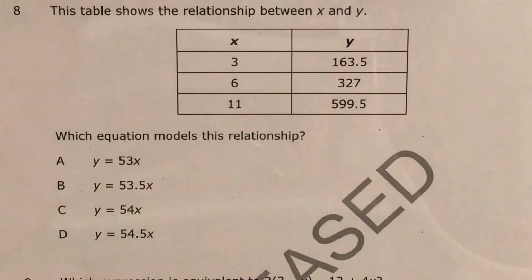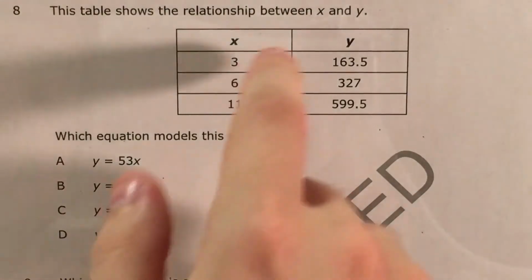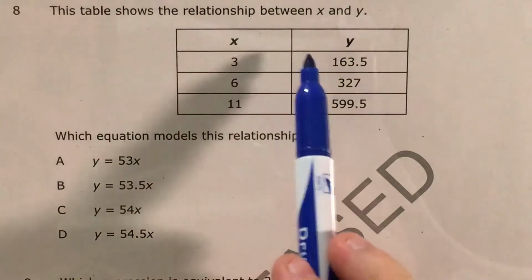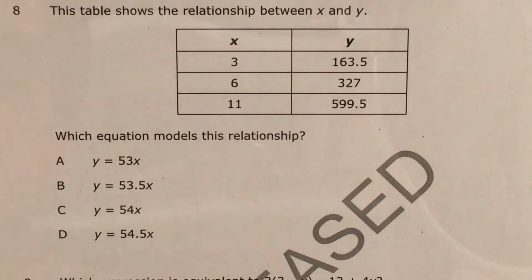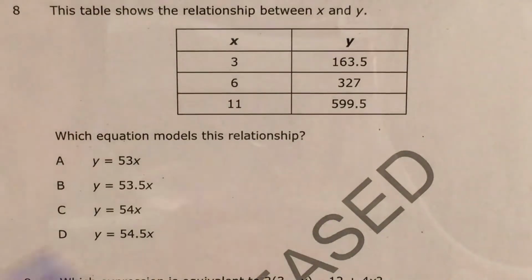So to do a question like this and to do it really well, you'll need to know about proportionality, which is this idea that we multiply by the same thing every time to get from x to y, and then also we'll need to use a little bit of division skills. There was another question where it put a similar problem to this in terms of how long you worked and how much money you made. We're going to treat this very similarly, so if you want to go back and watch my video from that question, it was question 6, but we're going to do something very similar here,